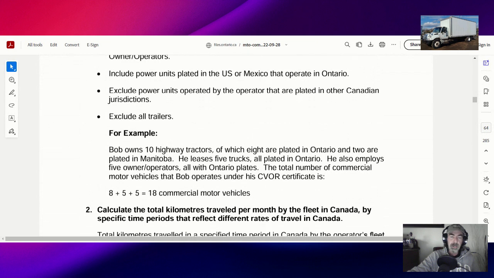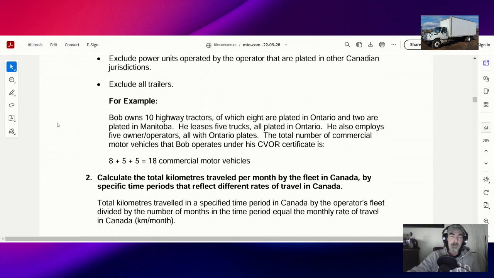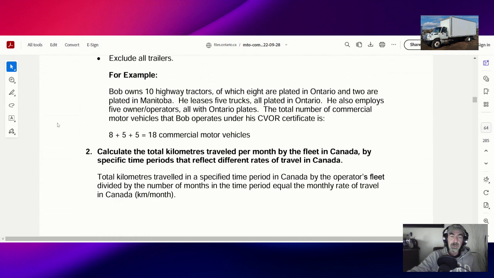Exclude all trailers. For example, Bob owns 10 highway tractors, of which 8 are plated in Ontario and 2 are plated in Manitoba. He leases 5 trucks, all plated in Ontario. He also employs 5 owner operators, all with Ontario plates. The total number of commercial motor vehicles that Bob operates under his CVOR certificate is 8 plus 5 plus 5 equals 18